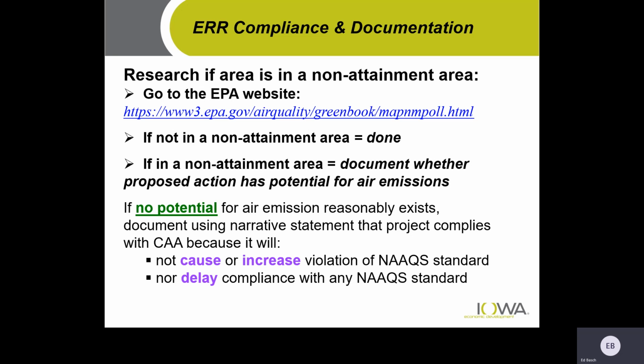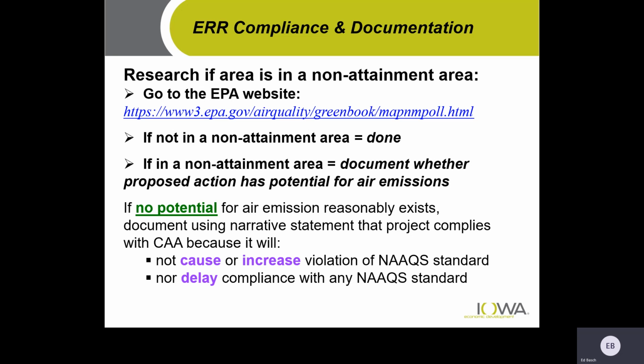If you are in a non-attainment area, you have to document whether the proposed action has the potential for any damaging air emissions. If no potential reasonably exists, you just document that in your narrative and you move on.